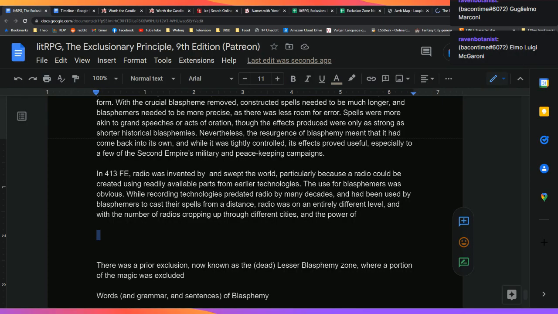Okay, moving back to this. I'm not gonna stress on that too much. I do like the anagrams. I like the plays on words and stuff. It is part of the character of Worth the Candle. Radio is on an entirely different level, and with a number of radios cropping up through different cities, and the